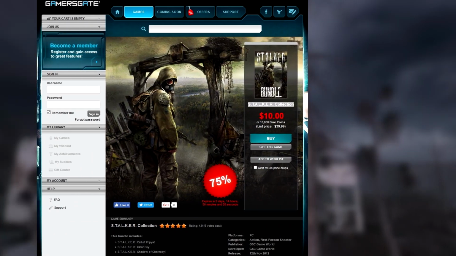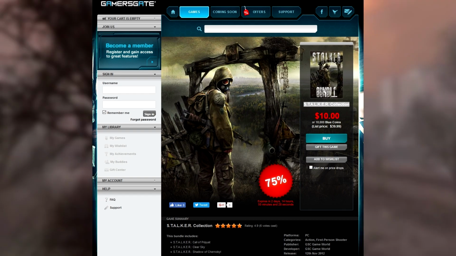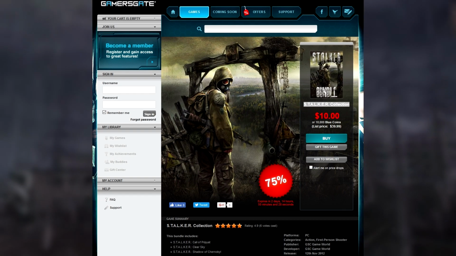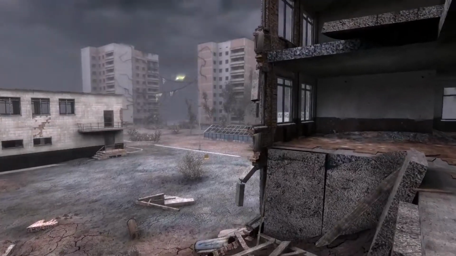Finally, number 1, over on Gamersgate, you can get the S.T.A.L.K.E.R collection for $10. This includes S.T.A.L.K.E.R Call of Pripyat, S.T.A.L.K.E.R Clear Sky, and S.T.A.L.K.E.R Shadows of Chernobyl. So S.T.A.L.K.E.R is one of those PC series that has been forgotten about over the years. It released years ago, and I remember this being one of the first series that I really got into when